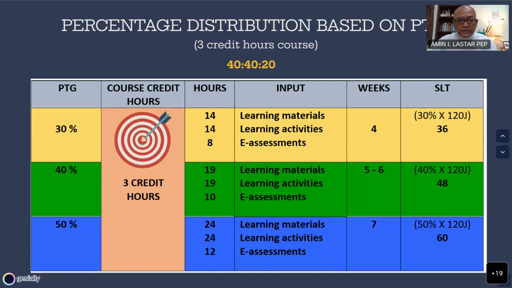PTG substitute means you don't have to be there face to face, physically, with the student. We need to understand this. It is also not synchronized. Synchronized means, like we are having right now, on Webex or Zoom or Google Meet or whatever platform you are using. That is not PTG.